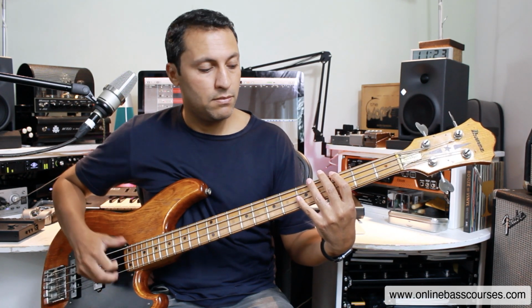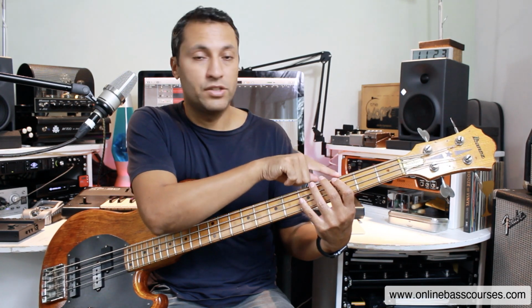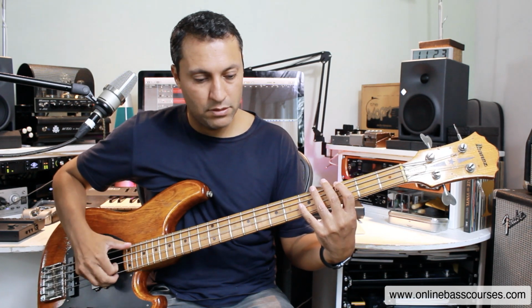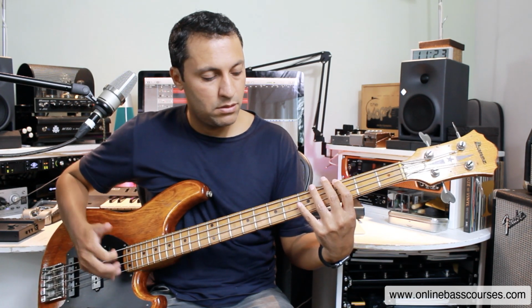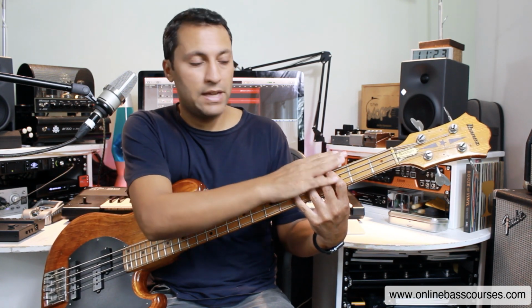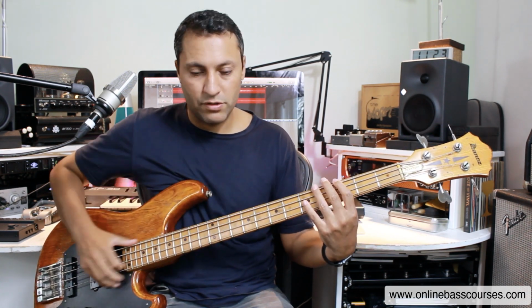You can also use them in slap. So we use the same notes. So I'm going 3rd fret G, which is the 3rd fret of the E string, 5th fret of the D string, that's octaves. Exactly the same technique. I'm just using the flat fingers just to touch all the strings, and you get